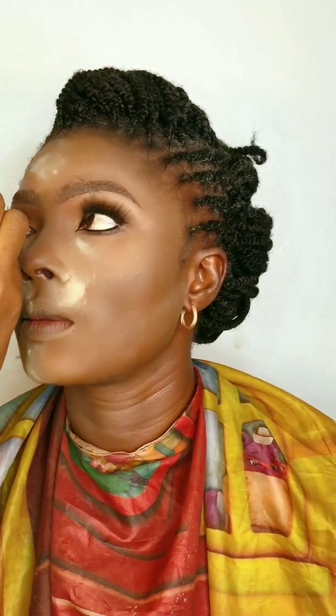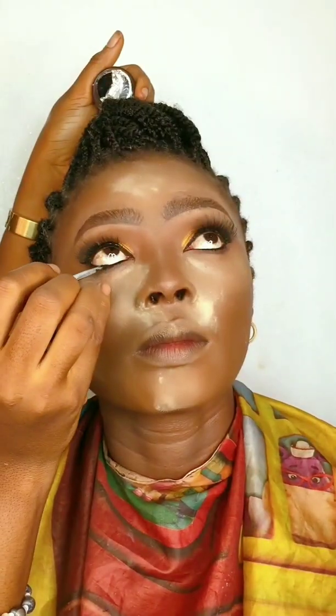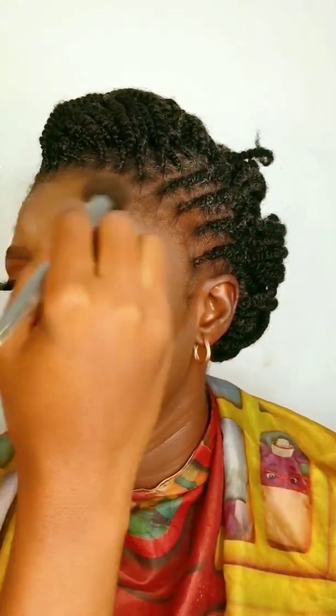So I'm doing the same thing on the other eye. I don't want something too dark or too obvious, and that's why I created the shadow under the eye with a brownish color. I'm going in with my brush because the under eye is very delicate. I wouldn't want to take off some of my products from the eyes. I'm using a smaller brush to apply powder on the under eye, and then I'm also going to go in using the normal brush,